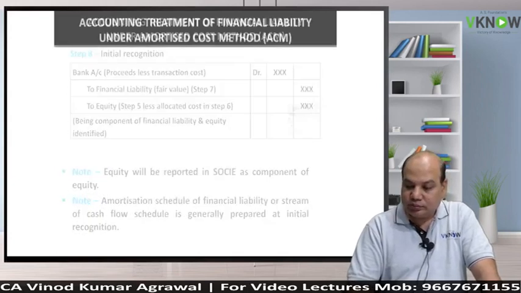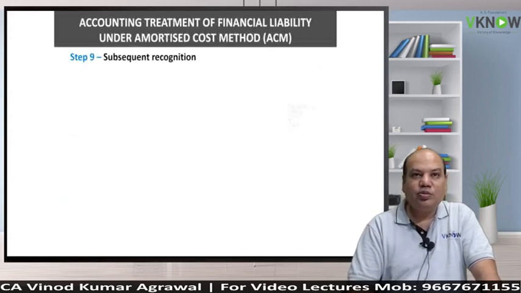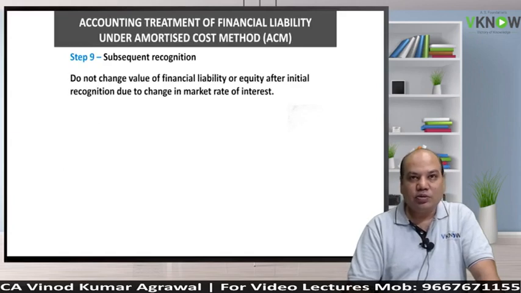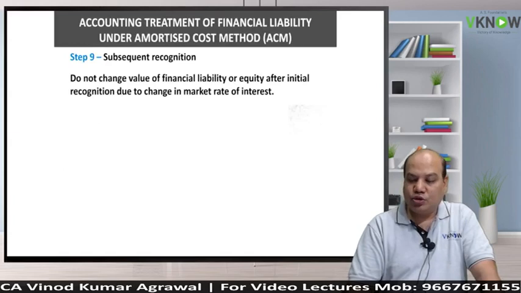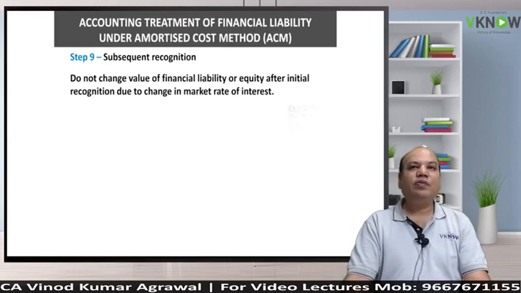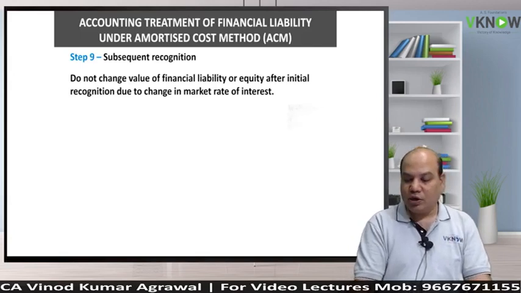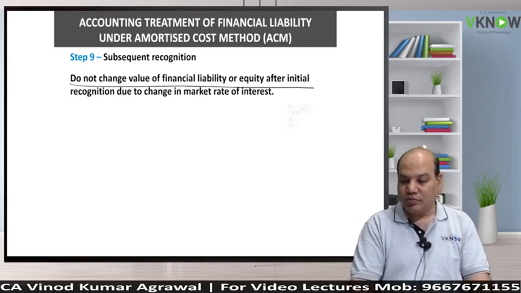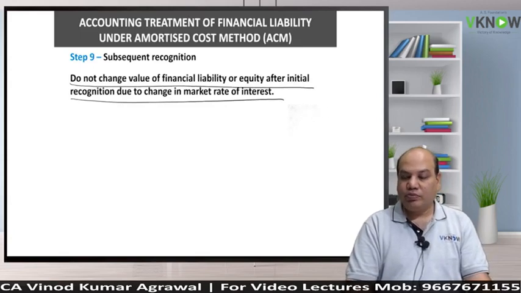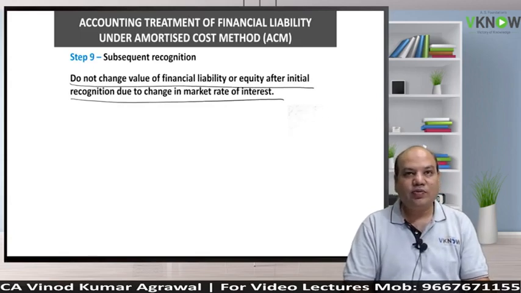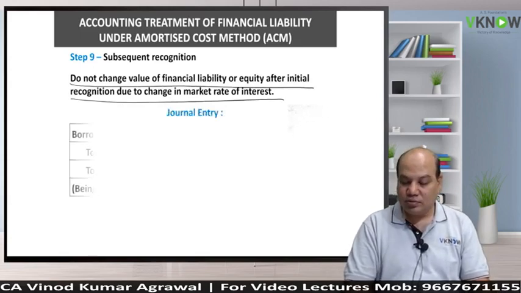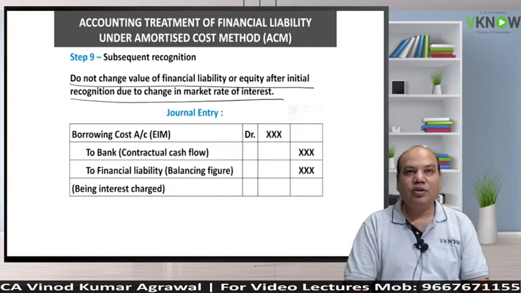Okay. And based on that amortization schedule, we'll do the accounting. If it is an amortized cost instrument, as you have already been informed, change in fair value will not be adjusted. Change in fair value of a financial liability or even equity is not adjusted once recognized. Journal entry every year: